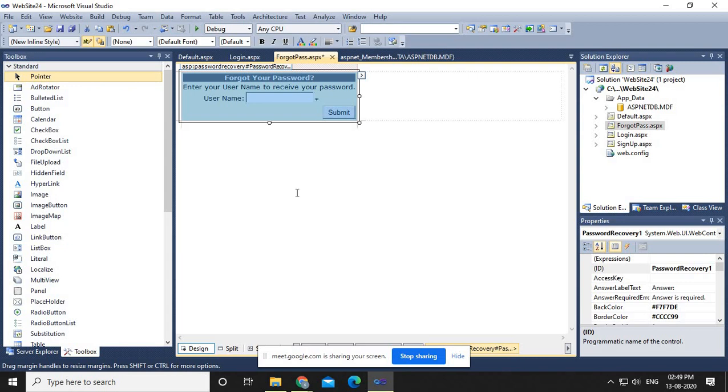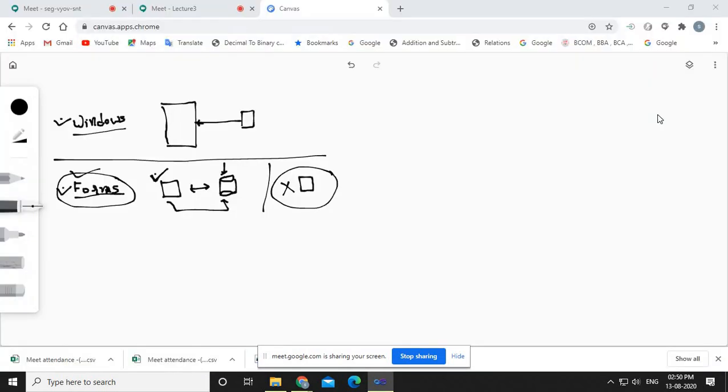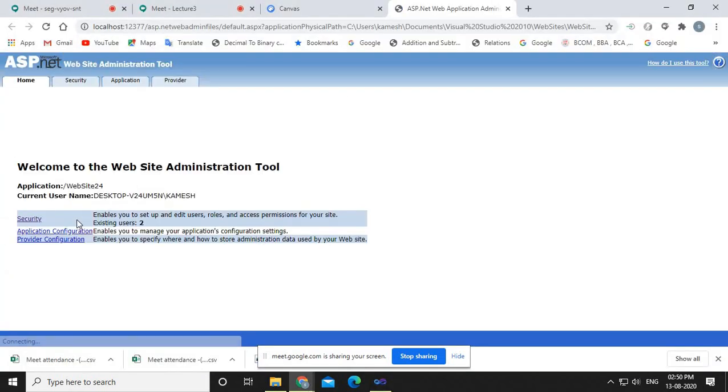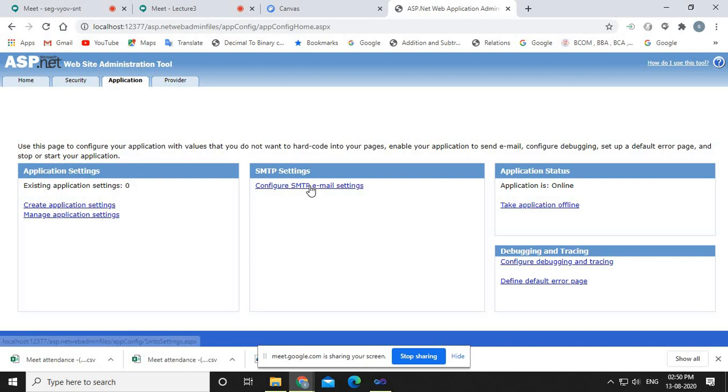And for that purpose, whenever you want to send a mail, I've already explained that, you need to install an SMTP server, right? And you need to connect that SMTP server with the internet, and the IP address of that SMTP server, you have to enter it over here, right?